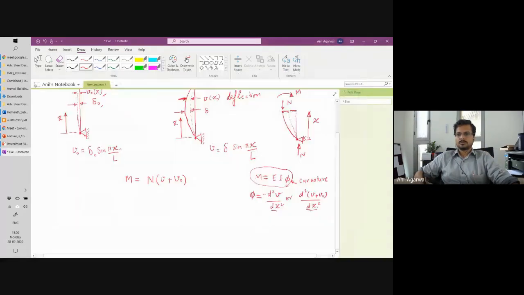Did you follow? So there are two curvatures. One is the curvature that is gained while moving from here to here, and the other one is the total curvature here. So which curvature should we use?